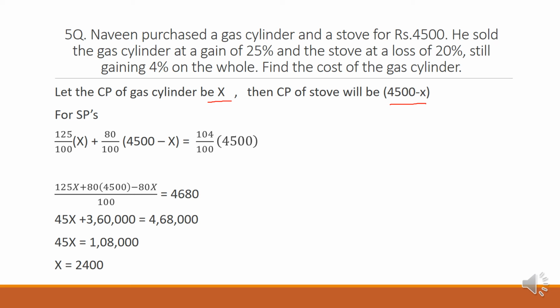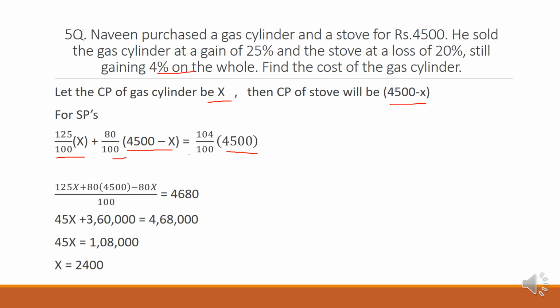For selling, he is selling the cylinder at 25% profit. So to get the selling price, we have the formula 100 plus profit percentage by 100 into cost price. So 100 plus 25, 125 by 100 into CP, that is 125 by 100 into X, plus similarly he sold the stove at a loss of 20%. So the selling price is 80 by 100 into cost price, that is 80 by 100 into 4,500 minus X, is equals to, on the whole he is getting 4% profit. So 104 by 100 into